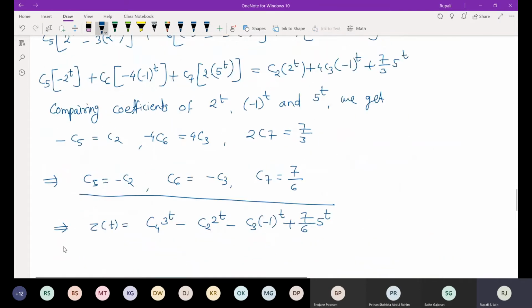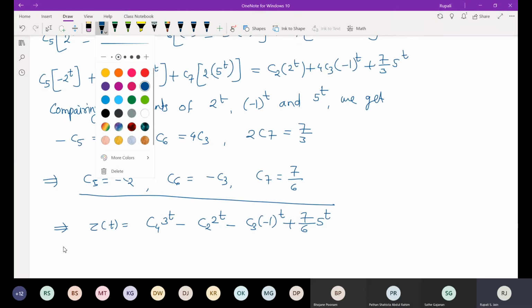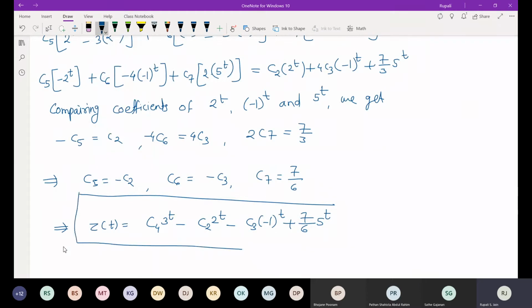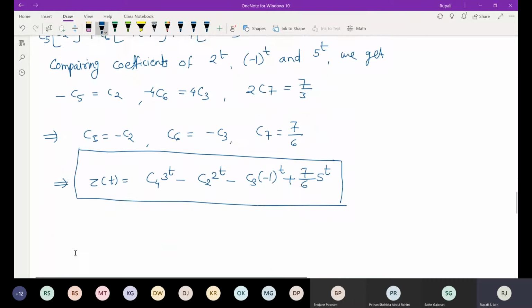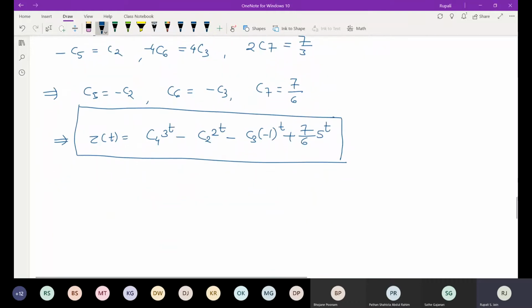That is my YT, so I got YT and I have ZT also. Now what do we have to do? Finally substituting. Again I want to find arbitrary constants. Okay. So finally substituting